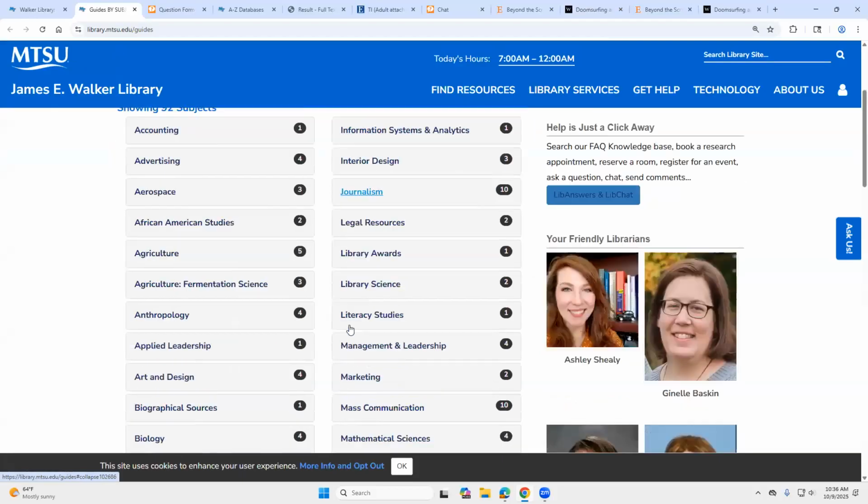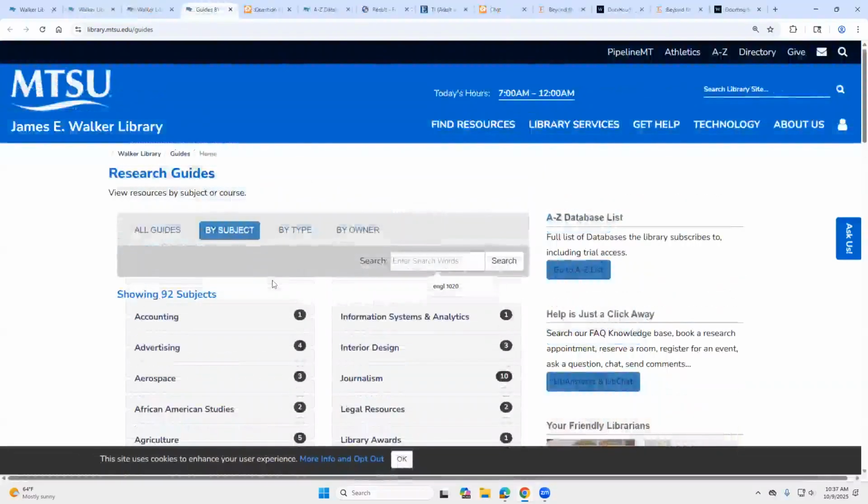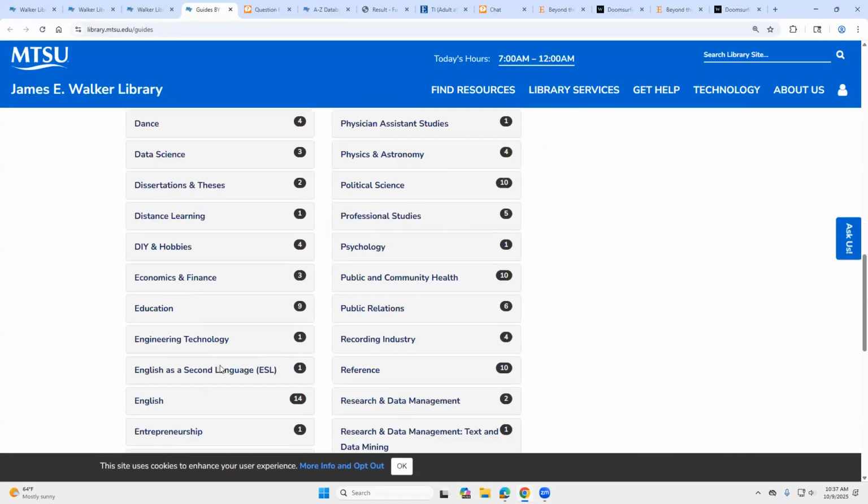here is my broad subject list. I could also enter a search term. So I am not researching a topic here. I am finding a research guide that might give me places to search my topic or my research question. So right off the bat, we are all in English, right? So I could type English. I could also type education if I'm researching an education topic. I could also search popular culture, or you got to be kind of broad here, environment. So if I just type, in this case, 20, or I could scroll down to English,